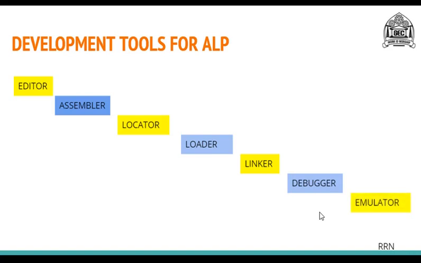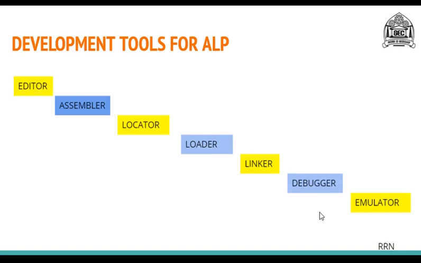The next development tool is the emulator. The emulator is a mixture of software and hardware. It is used to test your program, to debug your software, that is the program, and finally provide an output to your external system. That is the job of your emulator: testing, debugging, and finally providing an output to your system. So the debugger is basically another unit in your emulator.